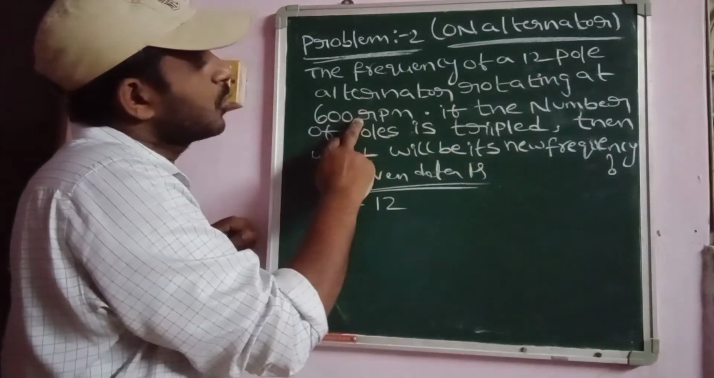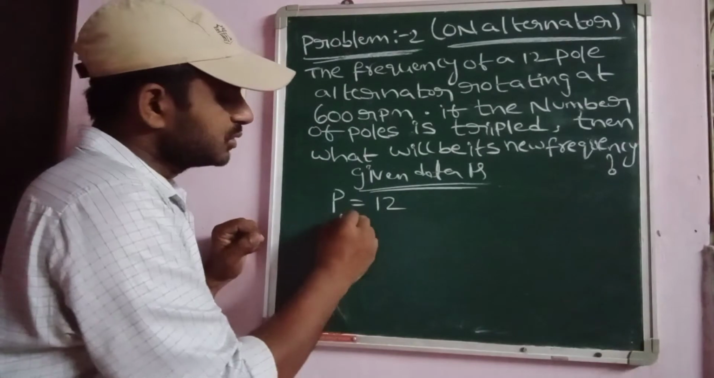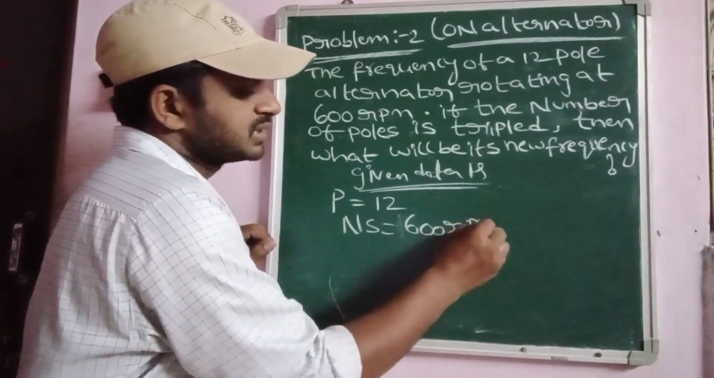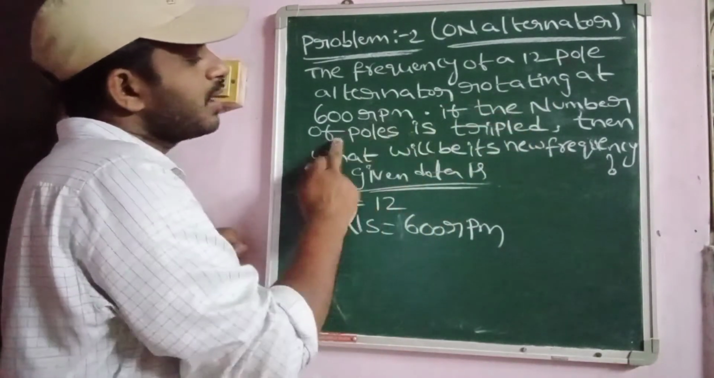And the total rpm is 600. So that is given as ns is equal to 600 rpm. This is the synchronous speed. And also, if the number of poles is tripled,